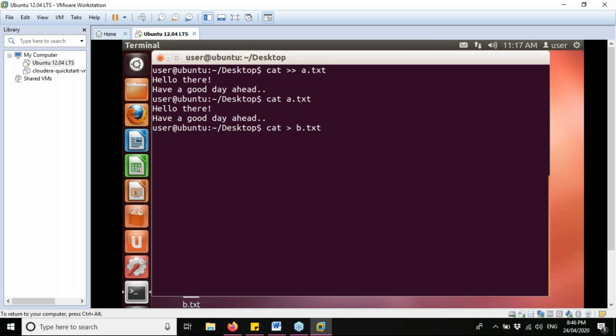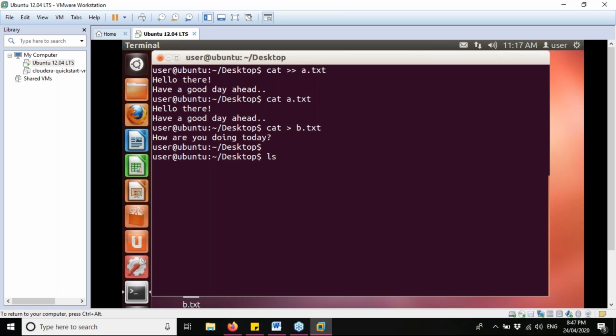Now hit the enter button and write something. Okay, now suppose we write here, how are you doing today? Okay, and then Control D. Now we have created this file b.txt, okay, in our desktop.